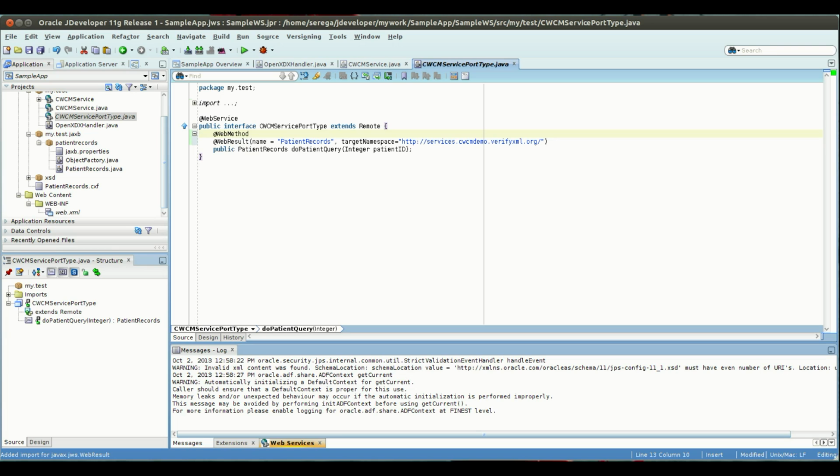For the web result, we set the name as patient records, and let's annotate the parameter as well. So our web service is ready for use. And at last, let's make sure that CAM templates are included into our